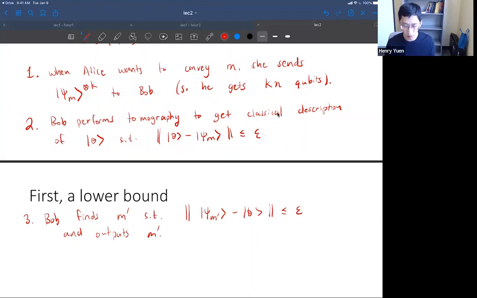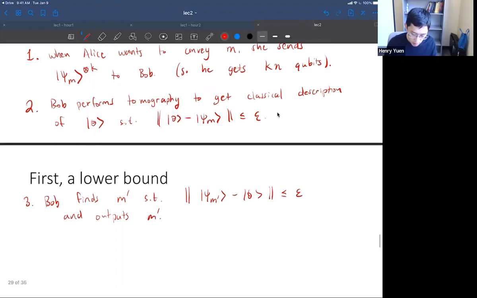What we hope is that m prime is actually equal to m. So we need that when Bob looks through this code book, he can unambiguously recover what psi sub m was. So what this means is